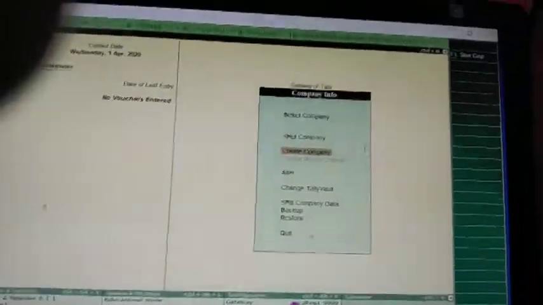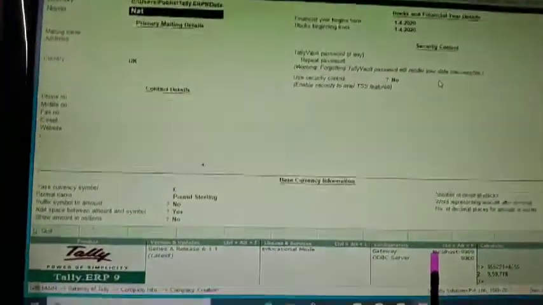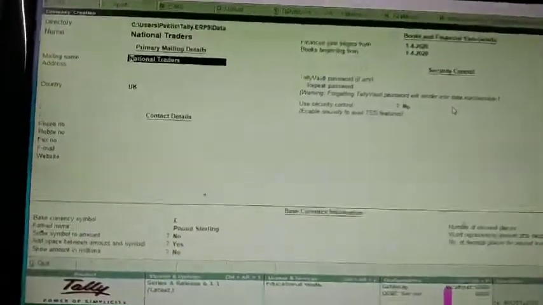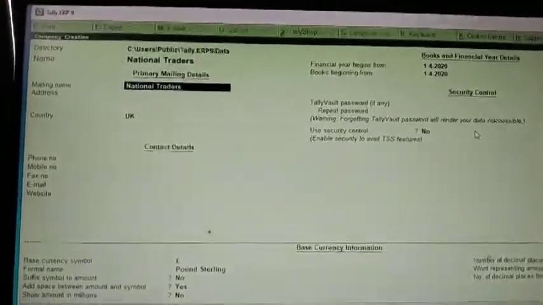If you are creating another company, go to create company and press enter. Now I'll give the information about the company's name, National Traders. Give enter. The mailing name will appear as it is.